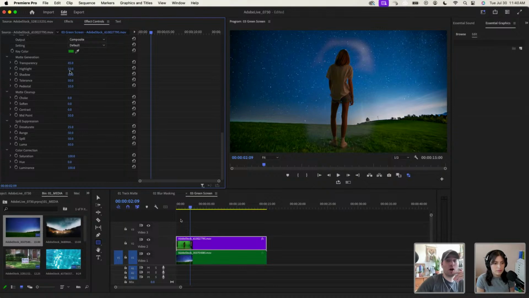I'm not going to explain all of these in the effort of time, but I'm going to point out the ones that I think are most crucial. In matte generation, most of these are just going to be talking about how much transparency is within a highlight or a shadow and things like that. The biggest issue that I see with using these tools up here, even the tolerance, is you start to see holes in your subject. So if I mess with this too much, like highlight, just so you can see,